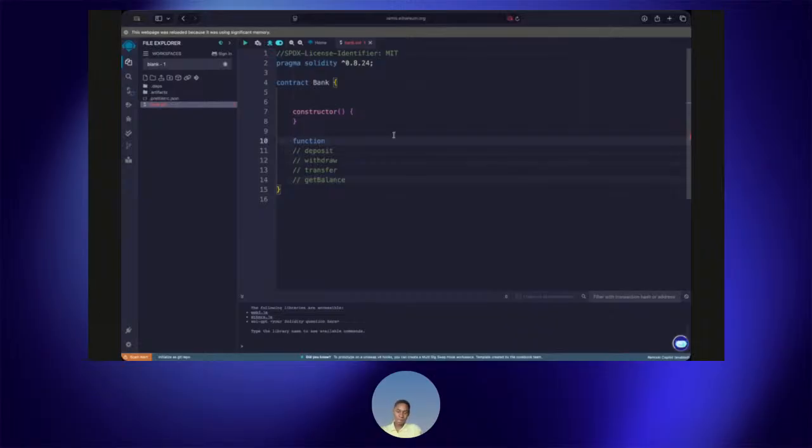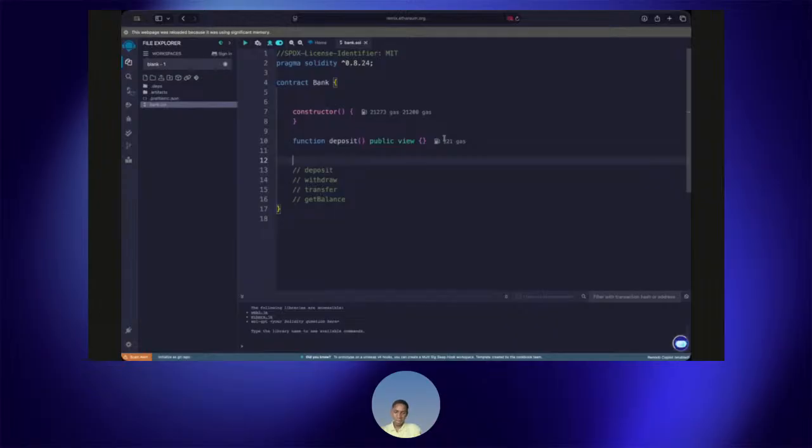The first thing is function, and then you name your function. So in my case, I'm naming this function deposit, and then you specify whether it is public, and then we have other things to specify as well. If it is a view function, if it is internal. So this is just the visibility of the function, allowing you to call this function externally and internally as well.